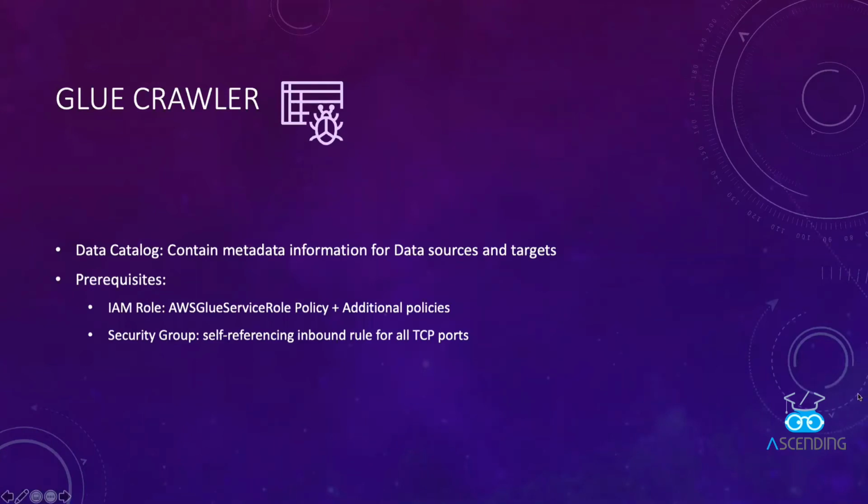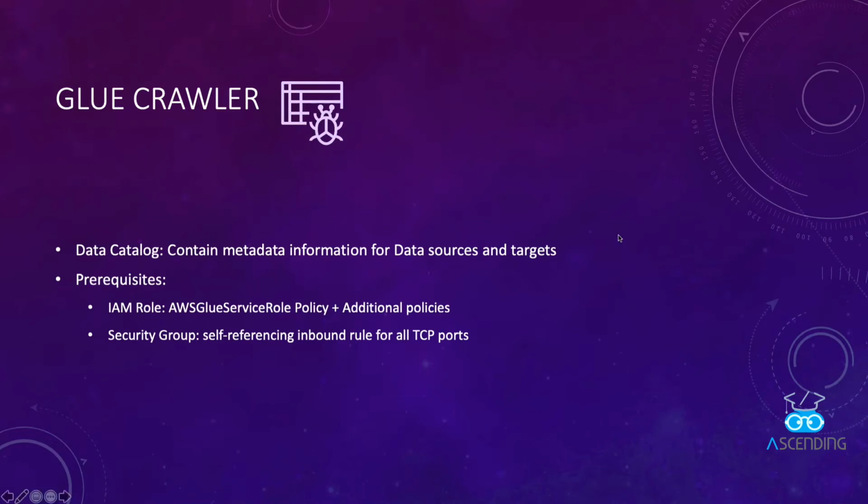In order to better understand crawler, we need to first go over the data catalog concept. Glue data catalog contains metadata information of data sources and targets of your ETL jobs. That information in the data catalog is stored as Glue tables in a Glue database. In other words, the data catalog doesn't contain actual data, but stores the metadata of your data sources and data targets. The crawler is a tool that helps us to capture and keep that metadata in the data catalog.